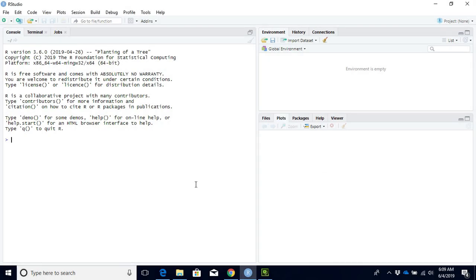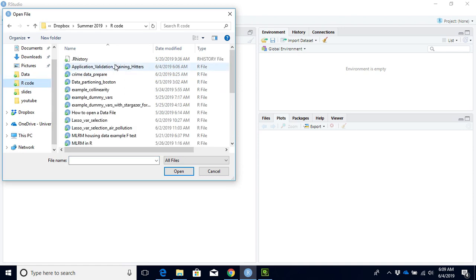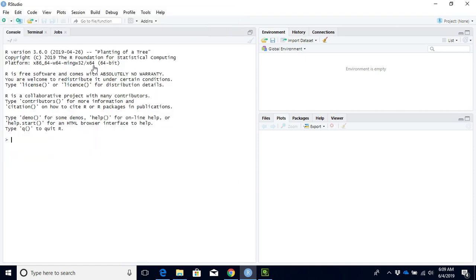In this application, I want to go over some of the things that we've done in Unit 3. And the idea is to put together all of the estimation techniques that we talked about, and also put that together with the idea of partitioning a data set into the training portion and into a validation portion. So what I'm going to do, I'm going to open this R script that I wrote,